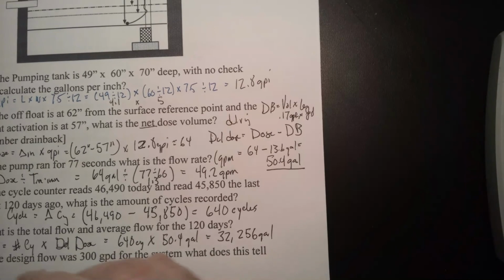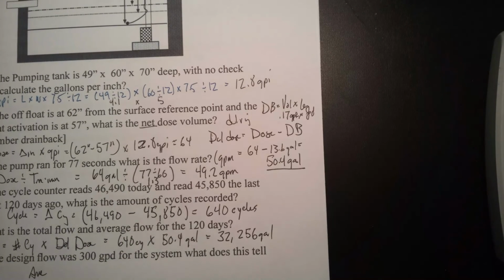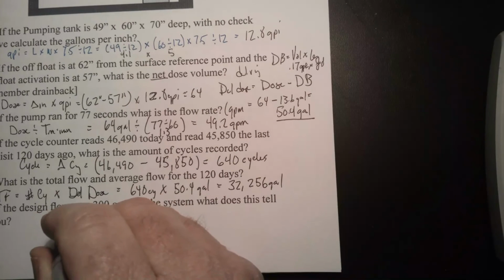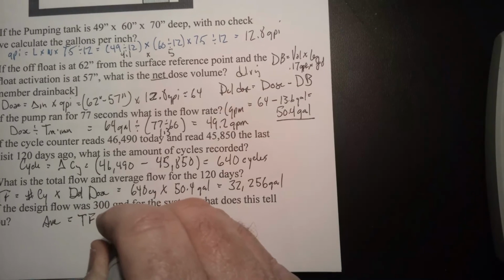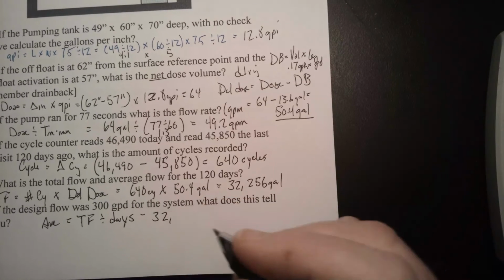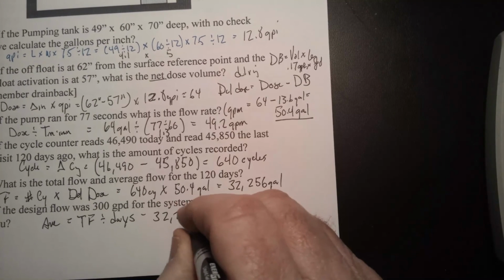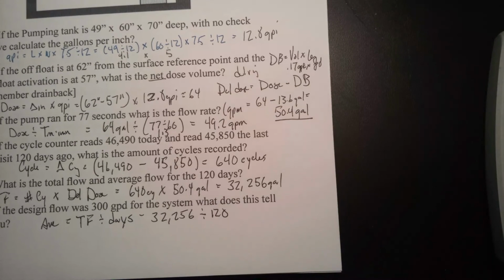The average is equal to the total flow divided by the days, which would equal 32,256 divided by 120, which would equal